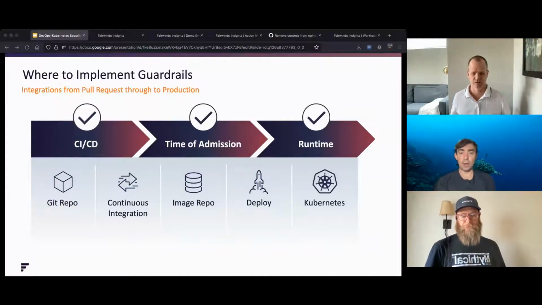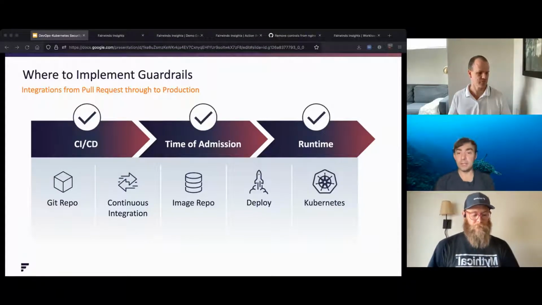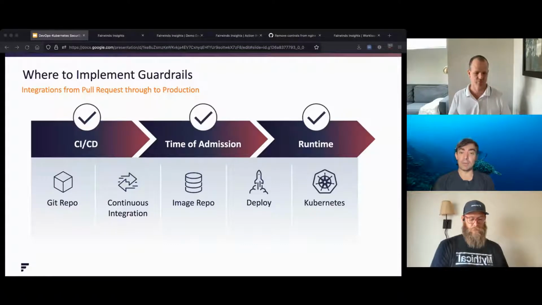And then finally, you want some kind of runtime guardrails in place. So you want to look at your live environment, which is really your source of truth, and be able to say, okay, I know I've got 6 workloads that are running as root, or I've got 10 workloads with privilege escalation allowed. This is important for 2 reasons. One, you're always going to need to make exceptions. You might have a workload that's right now engineered to run as root. Like I think Ivan was explaining before, maybe it needs that permission to move some files around. And it's important to know, okay, we've made that exception and we're going to keep our eyes on it.